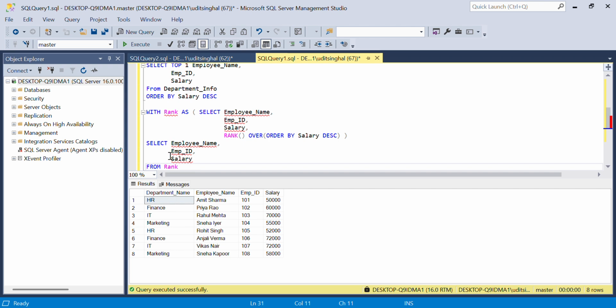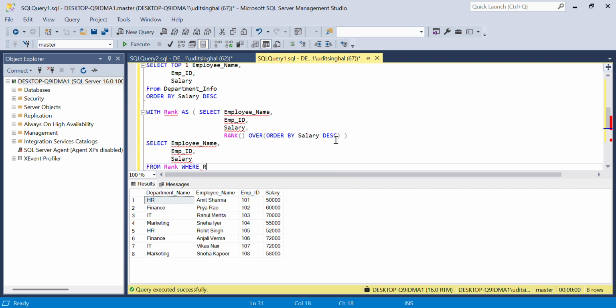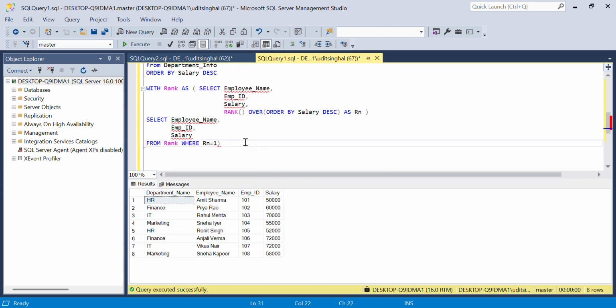So we require this particular data from the temporary table that we have just created here, but we will give a condition here. We don't want all the employees' names, we only want employees with the highest salary. So where rank equals, where rn equals 1. So we will name this as rn. So this is our query, and if you execute this query,